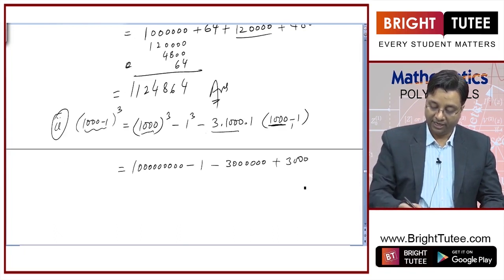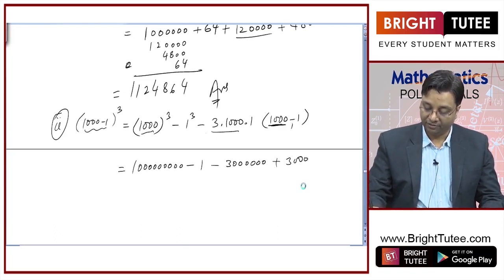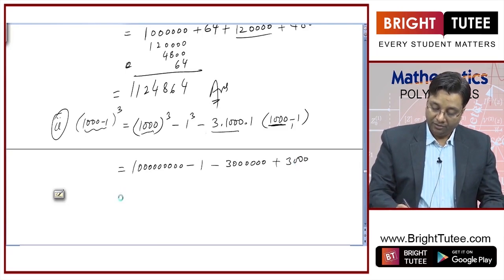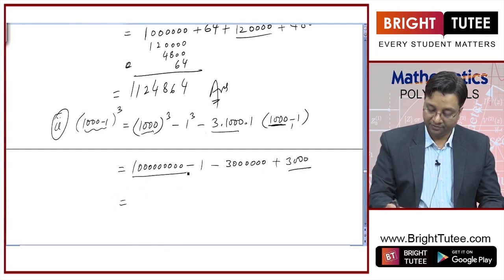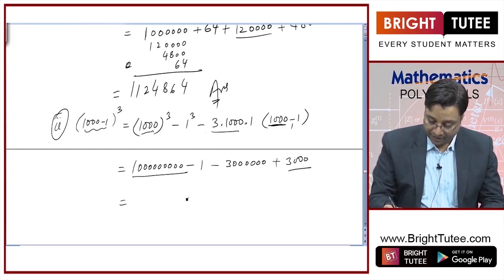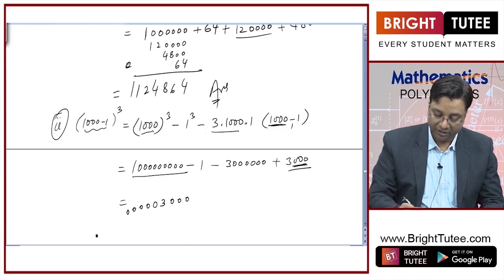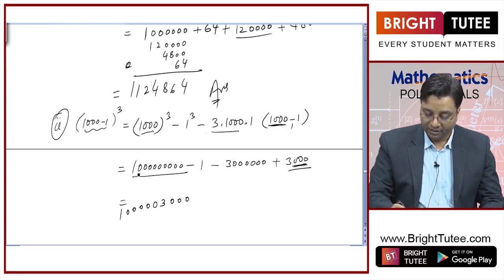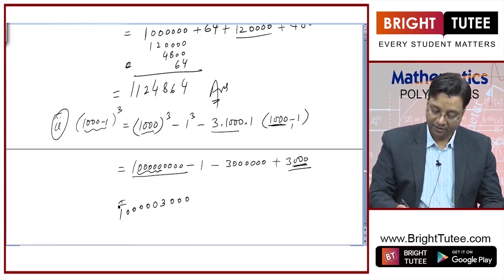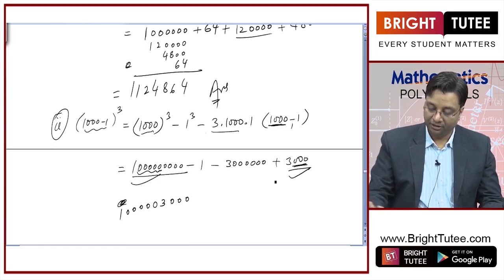Okay, now you need to add or subtract really carefully. So this will be equal to, if you add 3000 here, these are 9 zeros, right? So I'll write 3 zeros in the end because it has got 3 zeros, and then a 3. Then these are 4 terms, 1 2 3 4 5 zeros and then 1. These 5 zeros are there and then 3000. So I have added this with 3000.